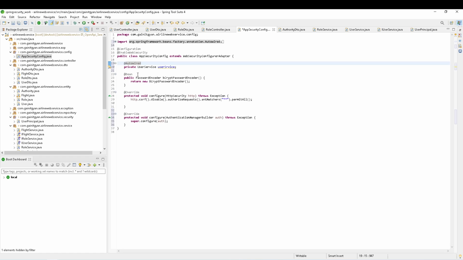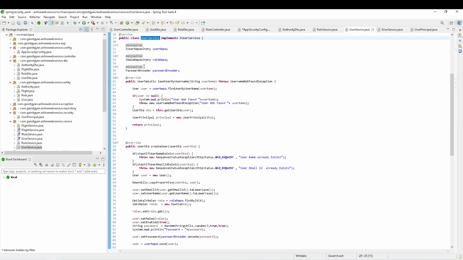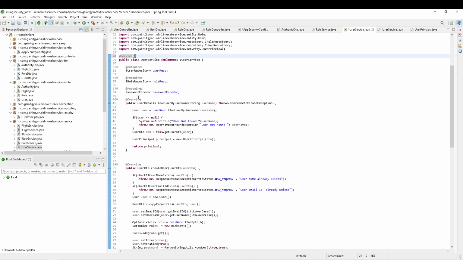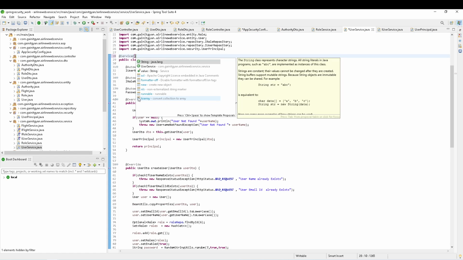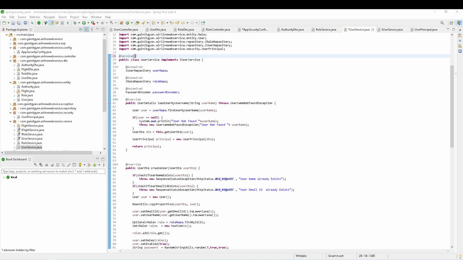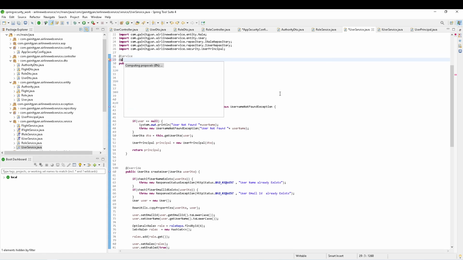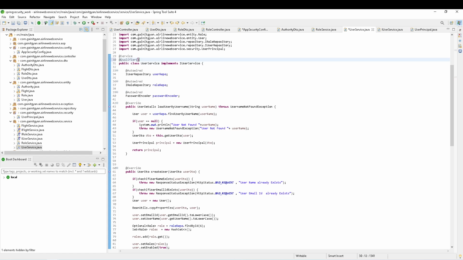And I will also do one thing: if I go back here, I'll also name this, just in case. I can also use a qualifier. Let's do that, a qualifier, and I would give this as user details service,